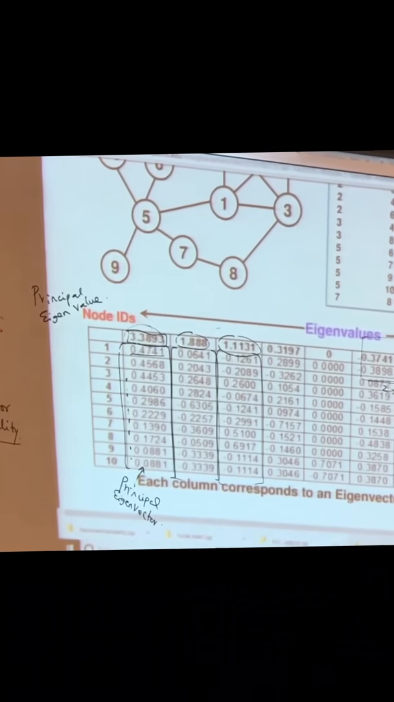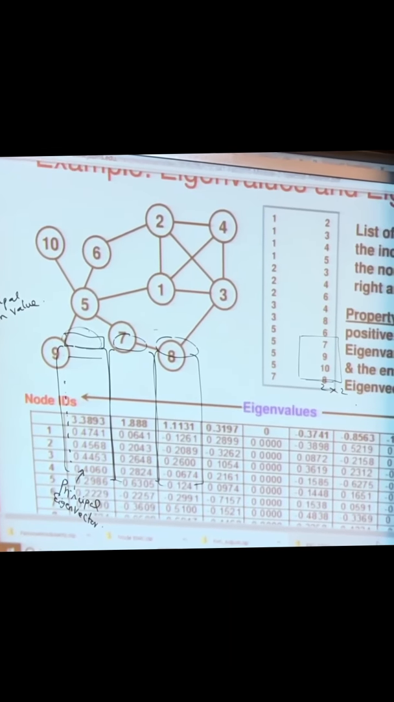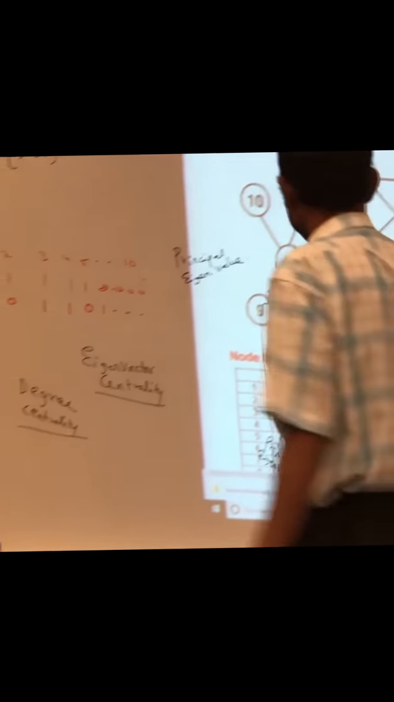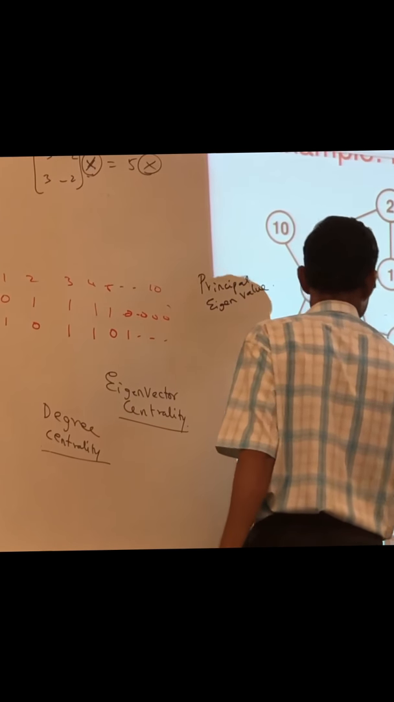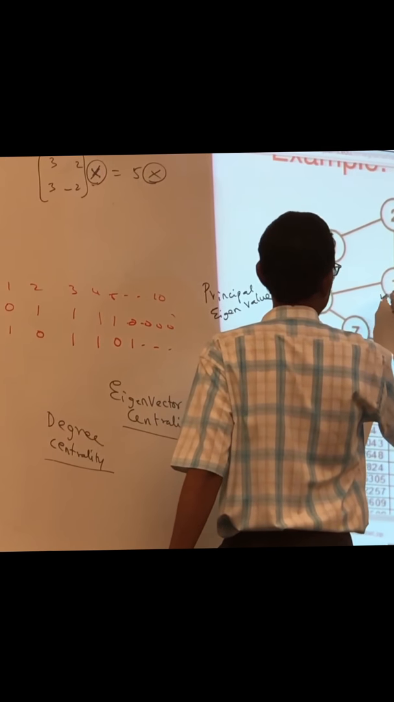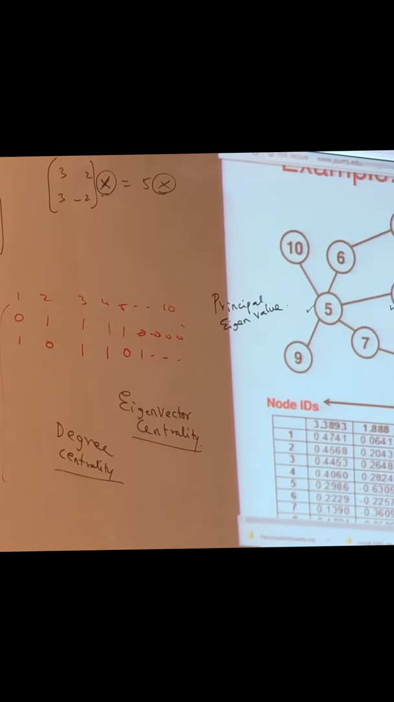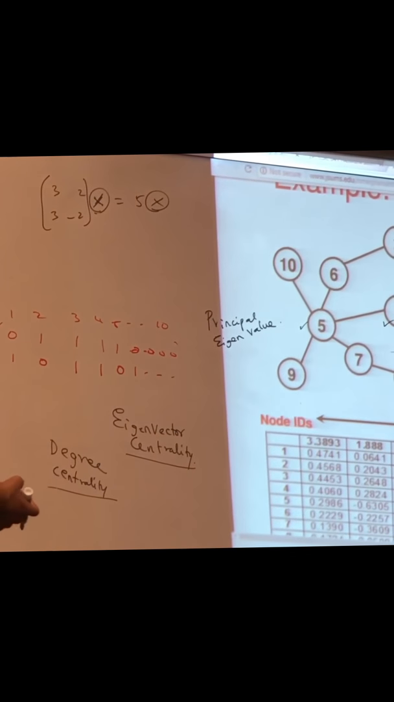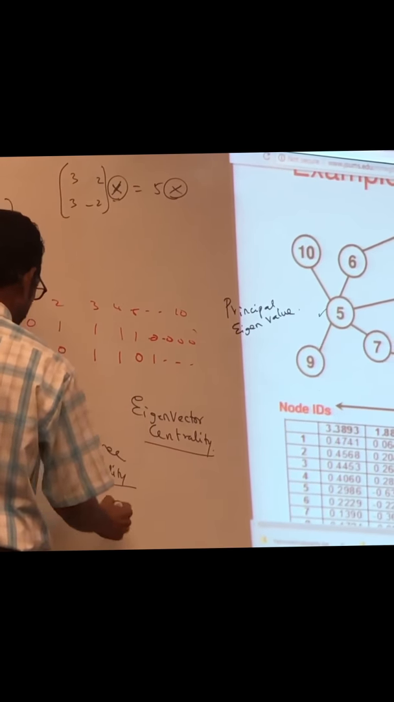So again, let me repeat the definition. Eigenvector centrality of a vertex is a measure of the degree of the vertex as well as the degree of its neighbors. So let us pick two vertices. Now, let us pick vertex 1 and 5. Between 1 and 5, which vertex has more neighbors? 5, right? So the degree of 5 is more than the degree of 1,